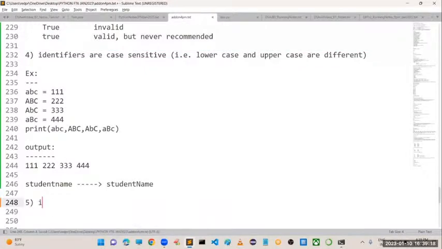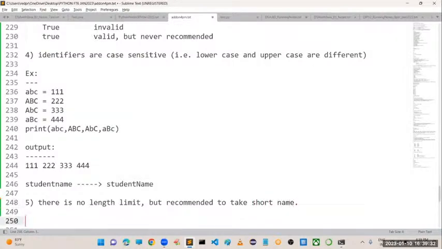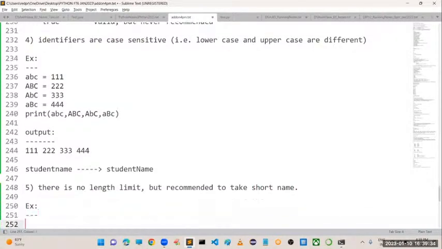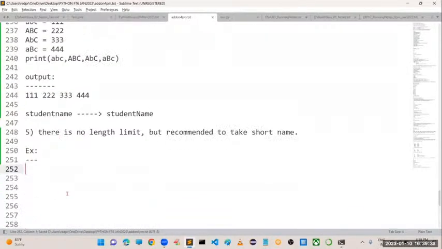Next, the last rule: there is no length limit. But it is recommended to take short names, because it is very difficult to remember names which have more length, and readability-wise there is a problem.